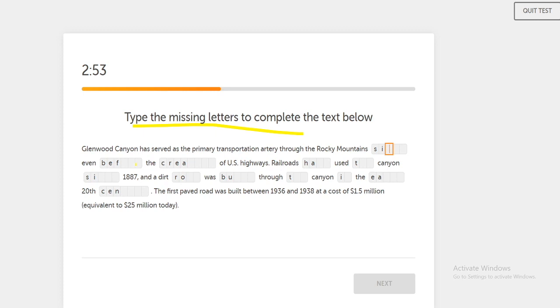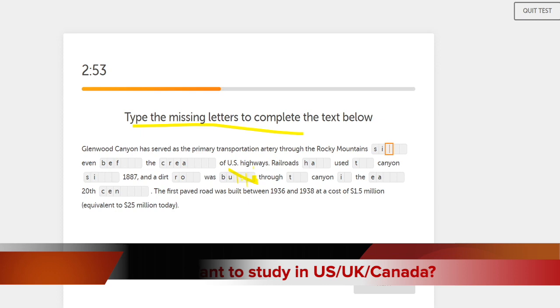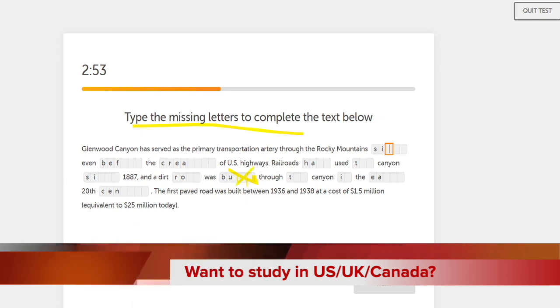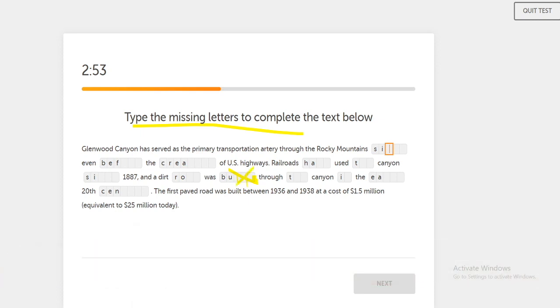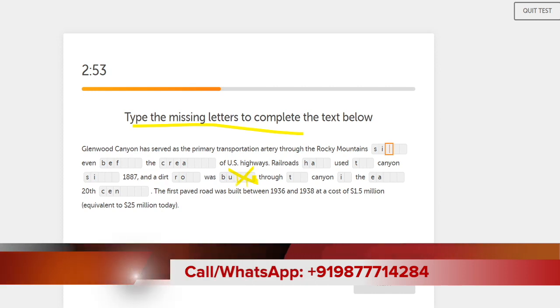For example, here you can't write bulls. Even though it makes sense, double L and S, it's filling the blank, but I'm definitely sure that bulls is not the answer here. It's definitely incorrect. So what I'm trying to say is, it's not just that you have to fill in the words, fill in the letters there, it should also be meaningful.